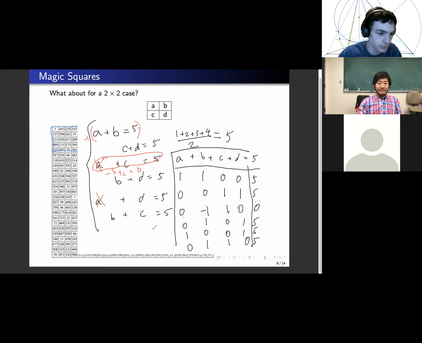Okay. And the point of doing it like this is that we don't need to be writing these variables over and over again. What is important are the coefficients. So we're just going to do it all over here instead now. So if we subtract,